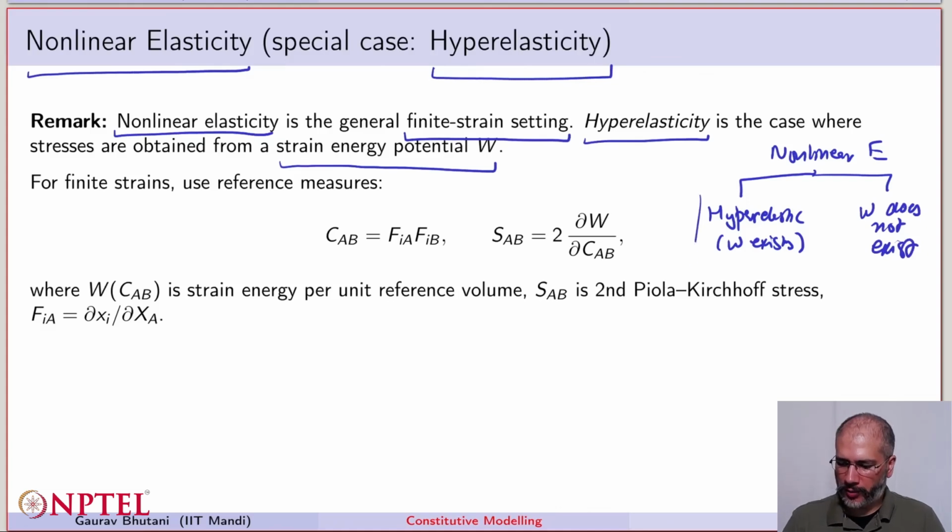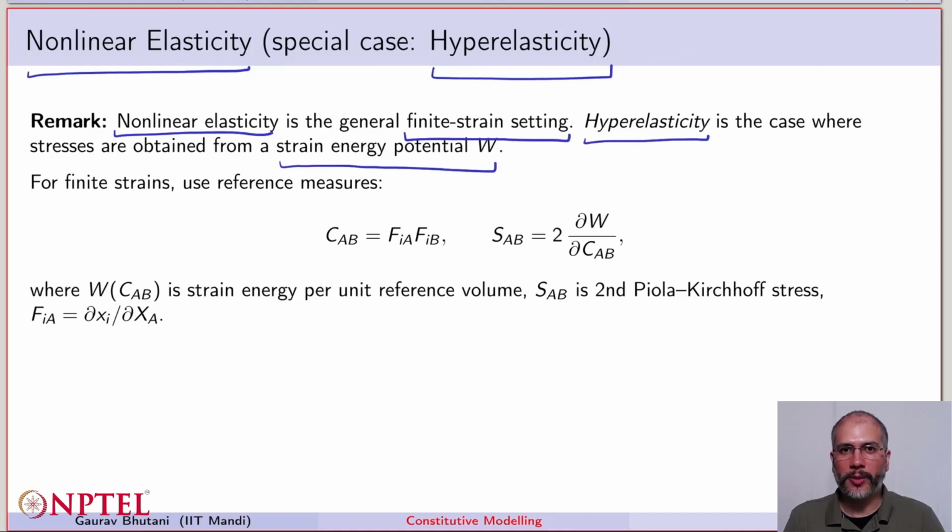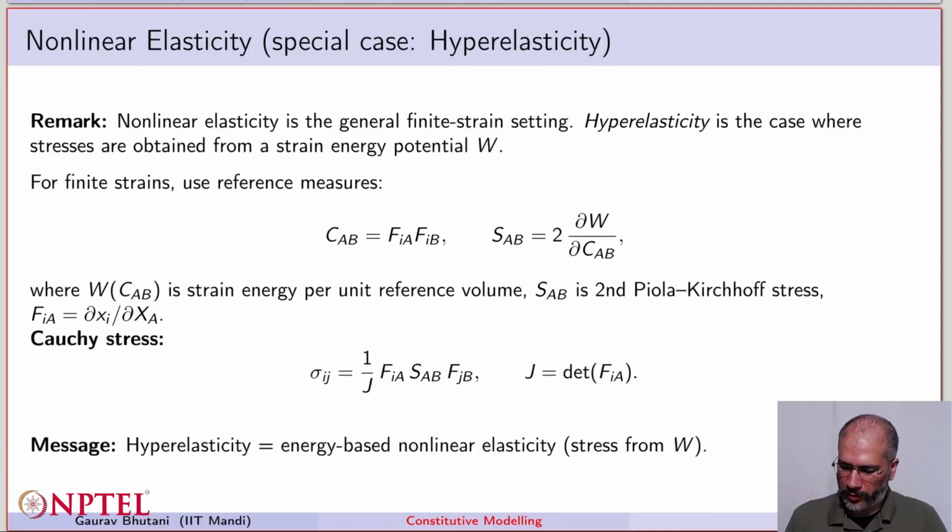So we are focusing on this branch where a strain energy potential W exists. Now, as we know, for finite strain settings, we tend to use the measure C because it is objective. So we define our finite stress tensor, that is the Piola-Kirchhoff 2 stress tensor, as ∂W/∂C_AB, and there's a factor of 2 as well. And the Cauchy stress tensor sigma is related to the Piola-Kirchhoff 2 stress tensor like this, as we have seen